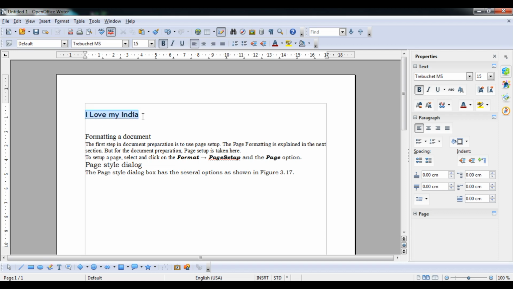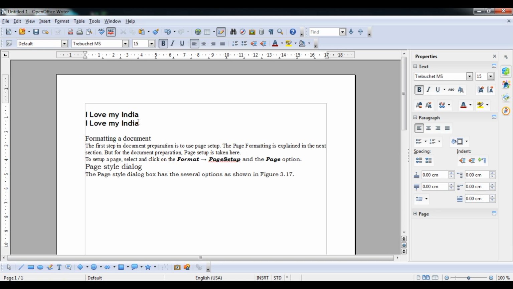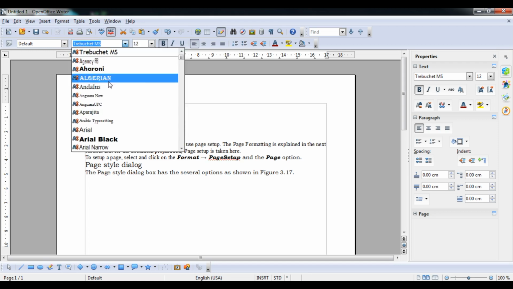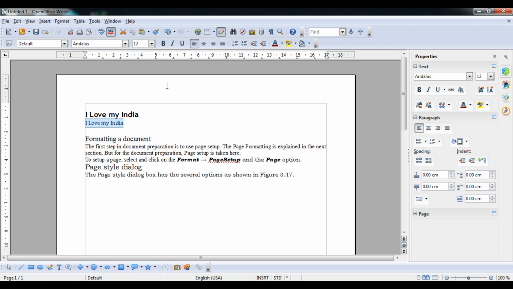Now I'll copy it and paste it here by Control V. I'm going to change it according to my choice. Suppose the size is 12, the font is a different one, and I remove the bold format. So you can see that I love India is written both times, the spelling is the same, but the writing and size are different.